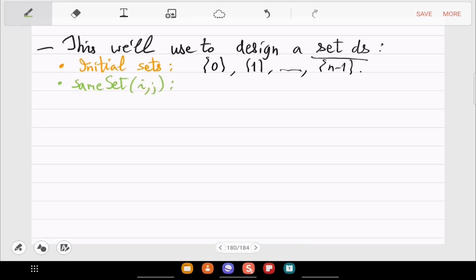So same set I comma j will return yes or no. It will return yes if and only if I and j are in the same set. And it affords the operation of union.